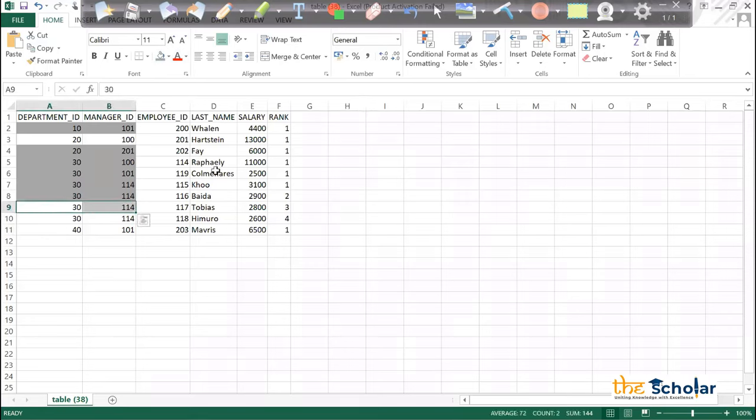And then 30, 101, the combination is rank 1. So now the ranking is happening based on two columns: department ID and manager ID partitioning. Partitioning is happening on these two columns, and then we are finding out the rank. That's why for department number 30, my rank did not go till 6. My rank went to 4, and then two guys have different manager IDs, so it gave rank 1 to that particular person.